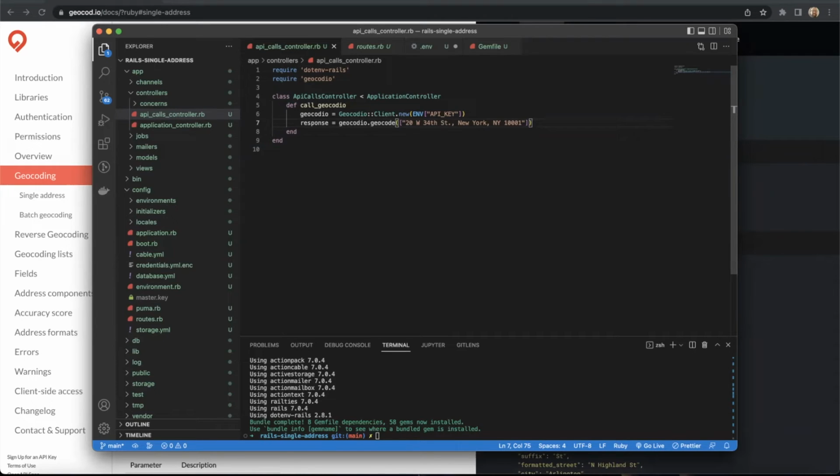So we're basically all ready to go, and we should be able to call the Geocodio API and get some data back. So let's go ahead and try to demonstrate that. We're going to render our JSON, basically just render this response variable as JSON. That's what we're hoping to get working here. Awesome. So to really show you that this is up and running and working, we're going to run a Rails server